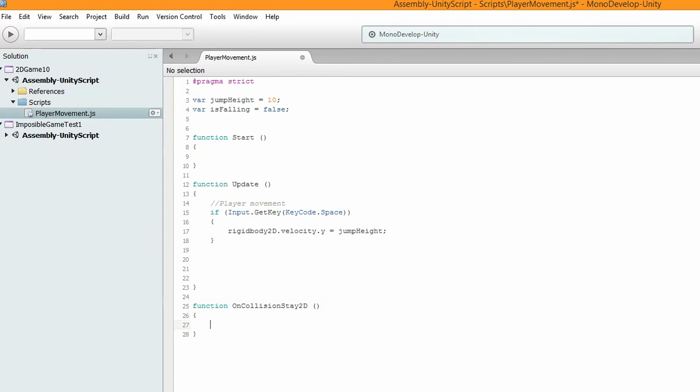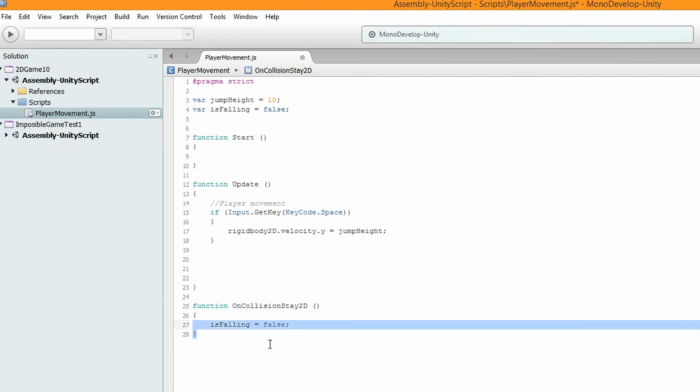Now remember earlier we set a variable called isFalling. We're going to use that basically as our check. So in the function we're going to put isFalling equals false. So if there's a collision between the player and the floor, isFalling obviously means false, because we're not falling, we are on the floor. And because isFalling is false, and that's been checked by OnCollisionStay, we can actually go up here in our brackets